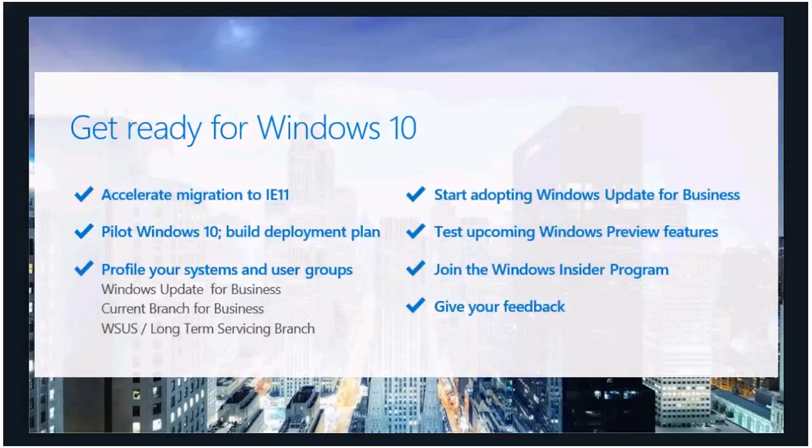Download it, do an upgrade. Take that as a homework assignment. Do the in-place upgrade yourself. Test that. Don't take my word for it. Try it out yourself. See that it works. See how easy it is. See how we can get away from the imaging. Get involved in the Insider program. Sign up for it so you can get on the latest builds and start testing them. And then reach out, and we're happy to come on site and help you go through and start planning out your deployment.